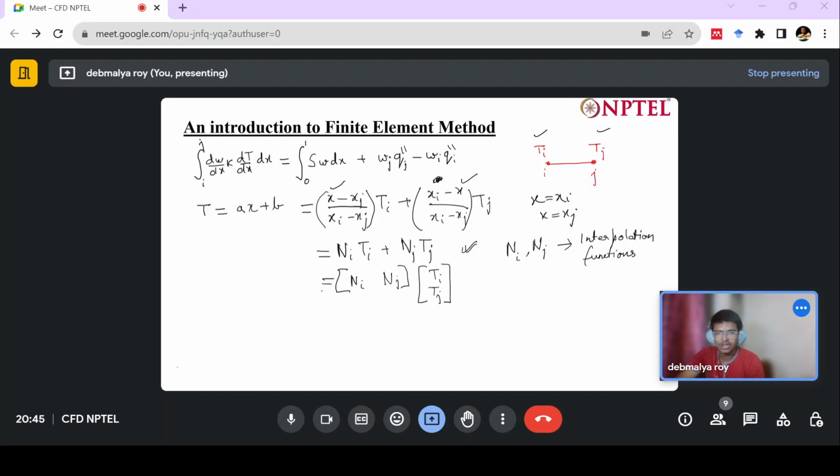Another thing we need to do is find the weighting function, because W also must be substituted. And what are we using? We are using Galerkin's method. Galerkin's method draws inspiration from my trial function itself, so the weighting function will draw inspiration from it. Let me substitute it as